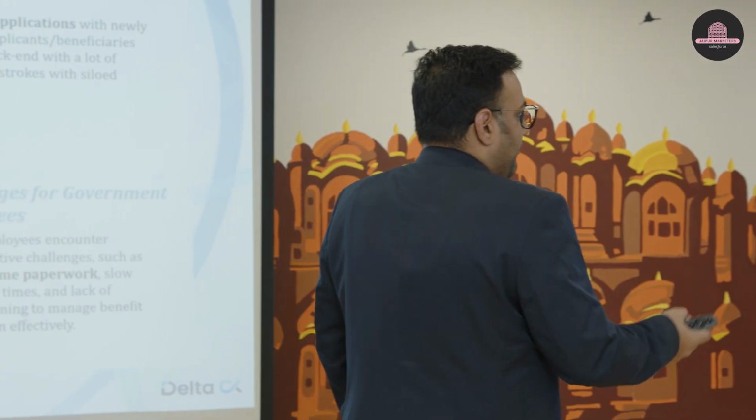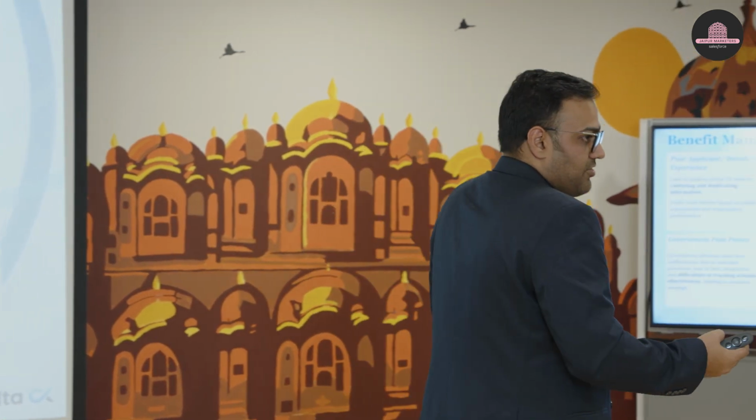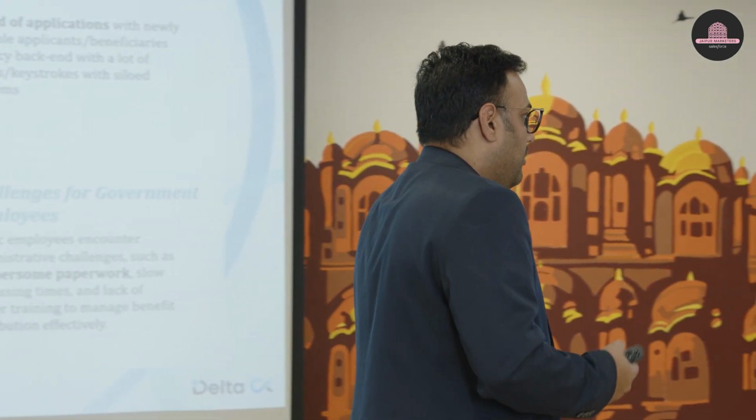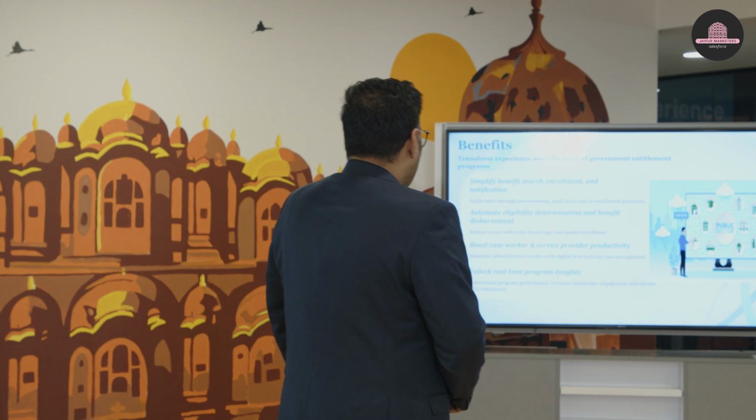Again, cumbersome paperwork is one of them, and flooding of applications. Being in a country where we are, there is a lot of population, right? A lot of applications are coming into the government offices, and the government employees don't know how to handle all of them, or even if they are going to handle them, it will take a lot of time because of the number of applications, right? So if we implement the benefit management sector of the PSS